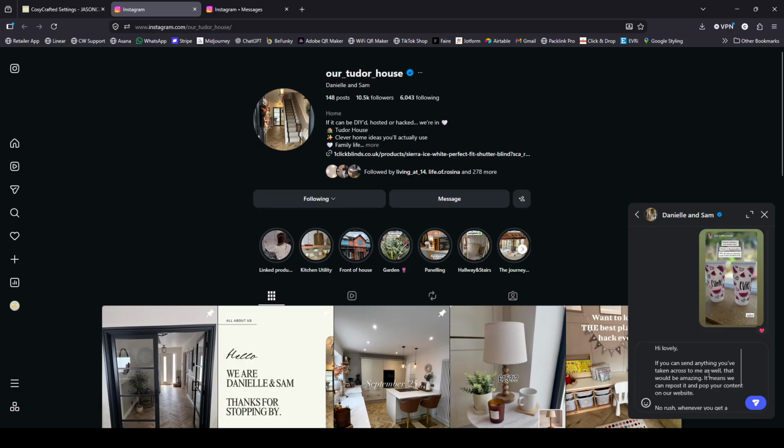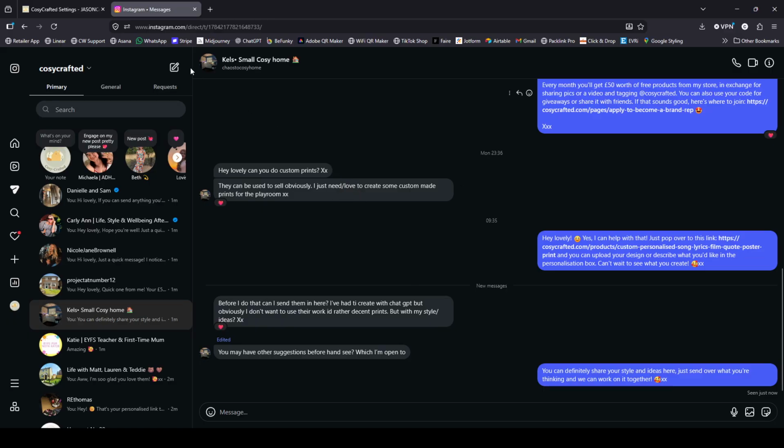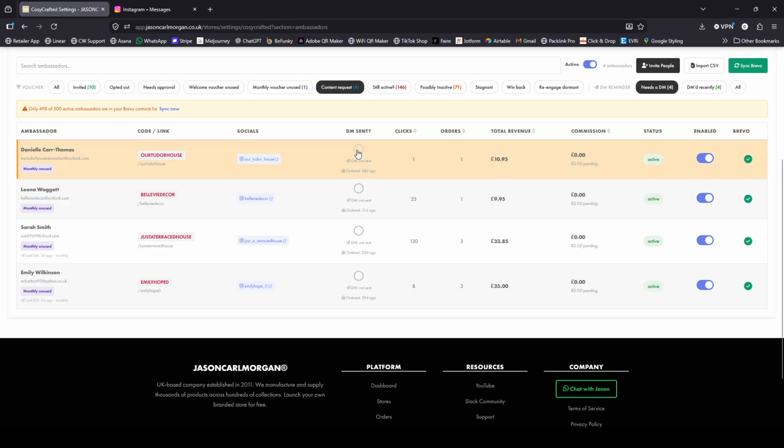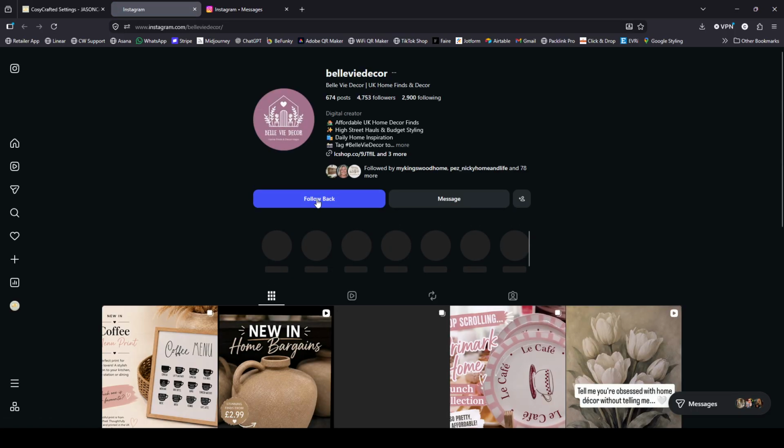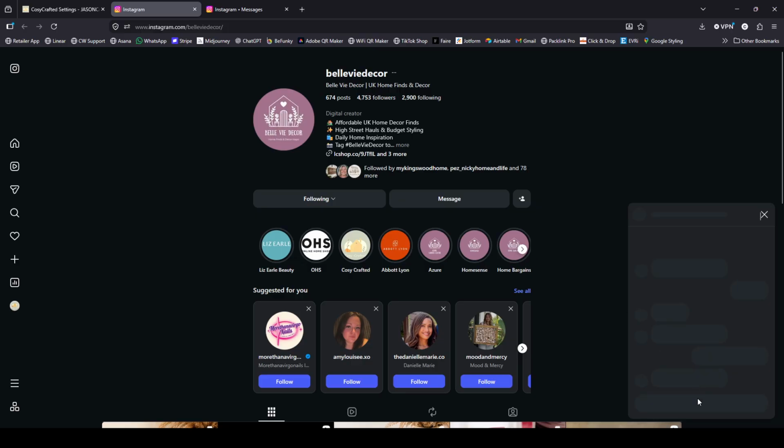I normally take that bit out, and then I put, if you can send anything you've taken across to me as well, that'd be great. So we just shorten it slightly because we can see that they've shared. We don't want to re-ask them to share, but we do want to ask them to send that content over to us so we can reuse that content